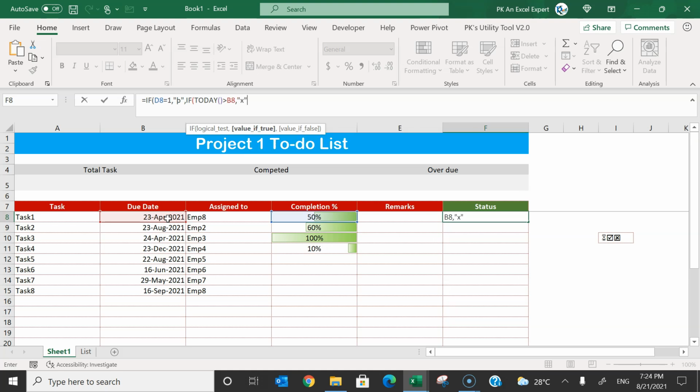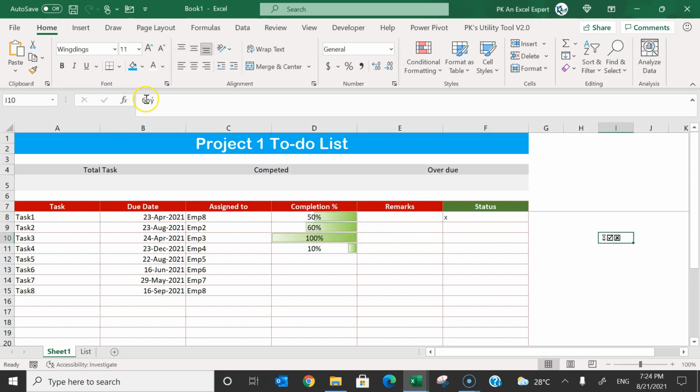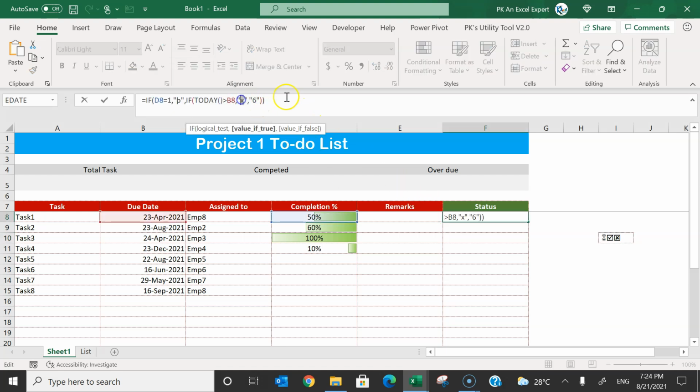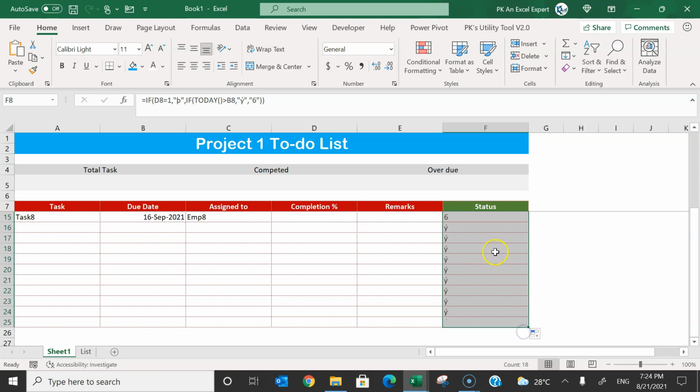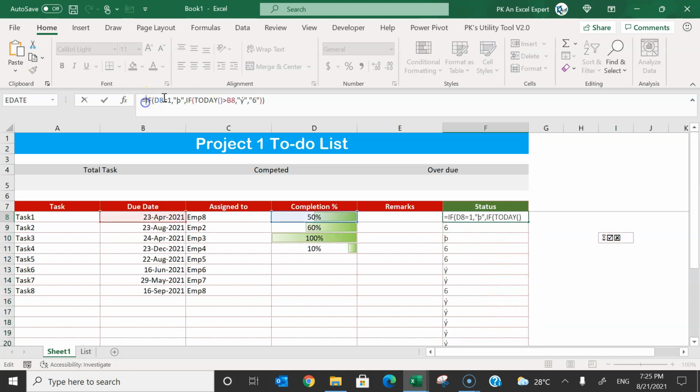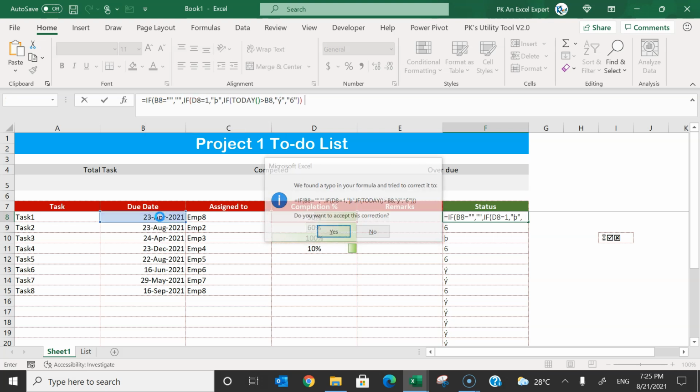So I'll copy that cross sign. For now I'm putting this X. In the else case, it will show the hourglass sign, which is 6 in the inverted commas. I'll show you that. So first let me copy this. So this 6 is for the hourglass sign. For the cross, it is this text. So just copy this in place of X. Let's paste this here. Alright, so now we can fill this till the end. We can put one more condition at the start, that is if this due date is blank, then it will show blank, else it will show this information.